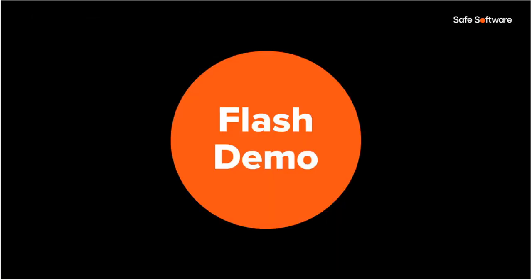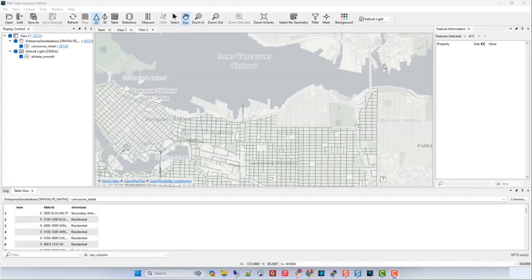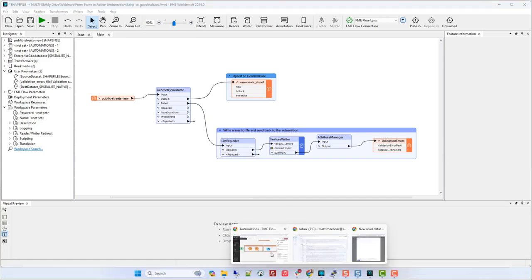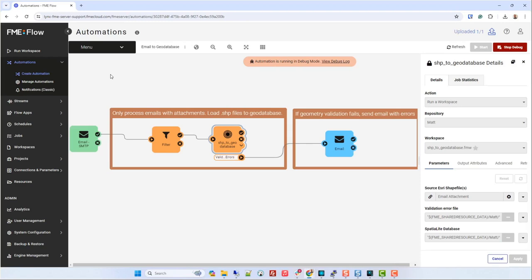Yeah, so first we're going to have a flash demo. Let's kick things off with a quick flash demo to give you an idea of some of the real-time capabilities of FME. So here we're looking at a sample geodatabase of some street data. We'll see that there's a neighborhood up top missing streets. This is FME Form where you can author workflows, and this is going to take a file in real time, do some validation, and put the information in that file into our geodatabase. And if there's any validation errors, we're going to write that out to file and email the sender.